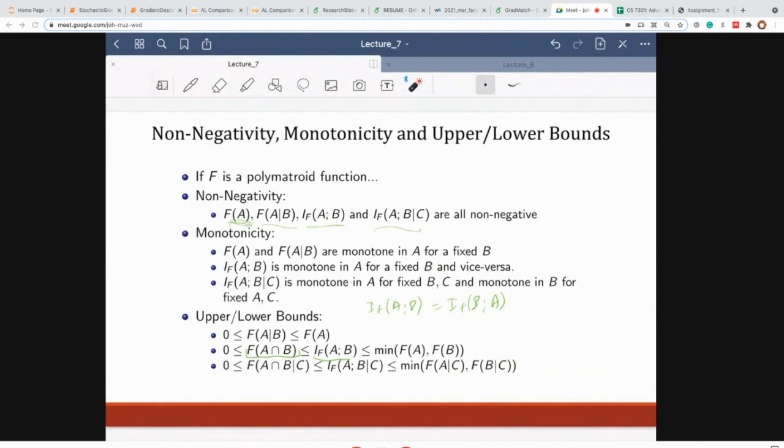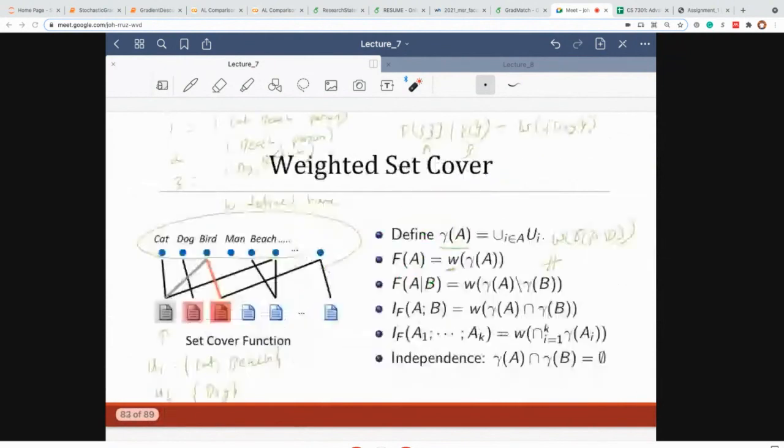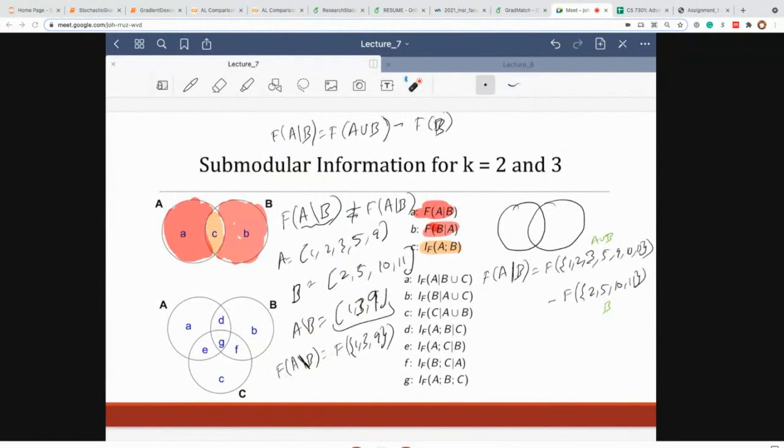Okay. In the Venn diagram, where will the submodular functions lie? So I'm assuming, are you talking about this Venn diagram? Oh, I see. That's fine. Yeah, so the submodular functions, well, this region over here is actually f of A. This is the information content in f of A, and this region is actually f of B.